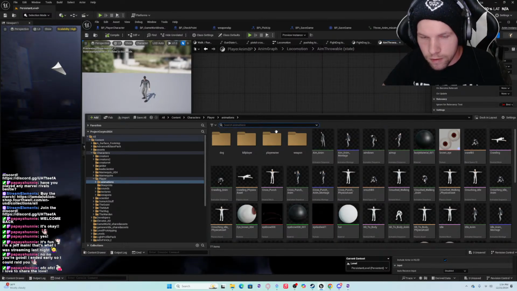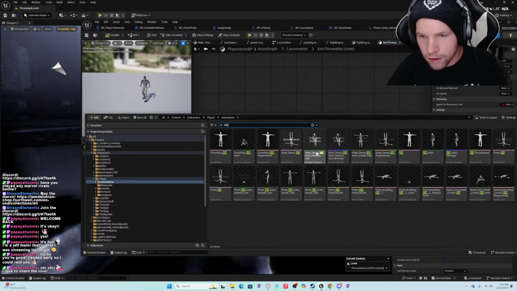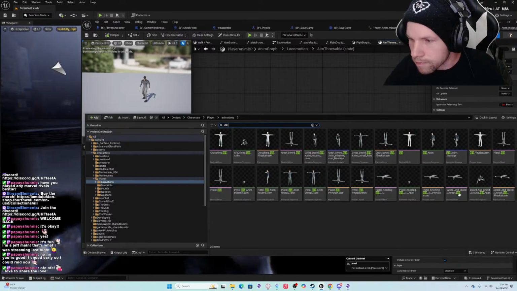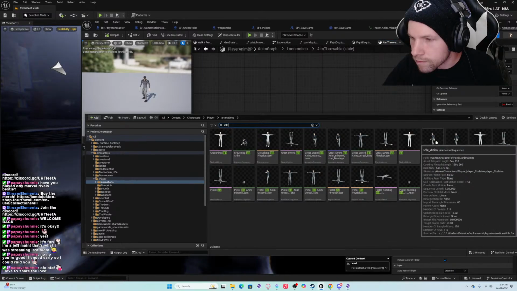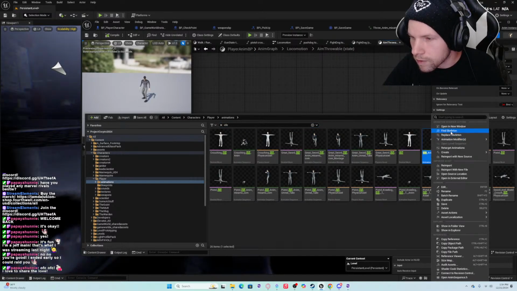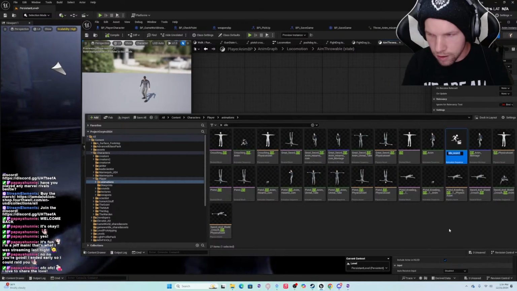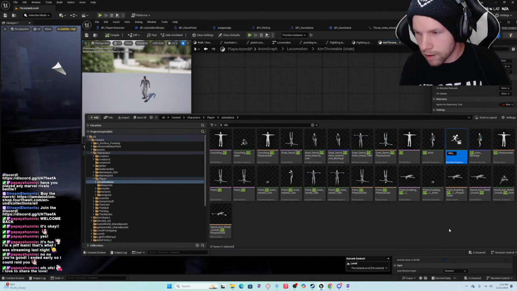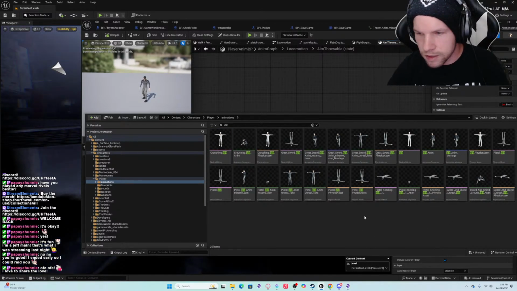Where's our idle? Going to duplicate it and call this aim throw fixed.